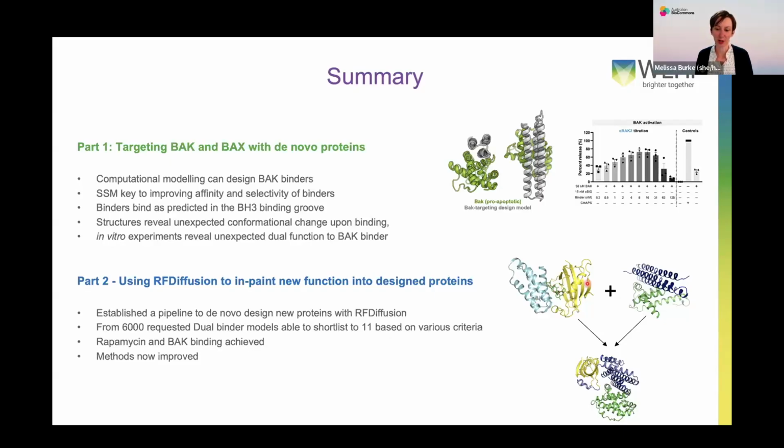So a couple of more biologically focused questions now. Did you expect to design activators rather than inhibitors? And was there any evidence that they're unfolding BAC? Yeah, so that was completely unexpected. I have presented it like we discovered that straight away. That is not the case. In fact, it was several years of battling to understand what was going on with this anti-BAC protein.